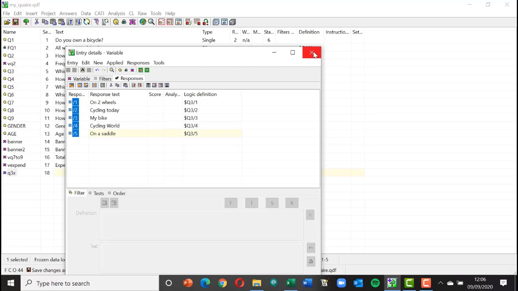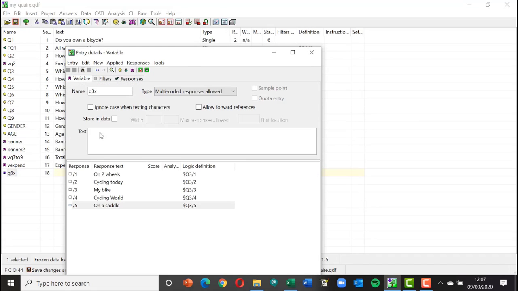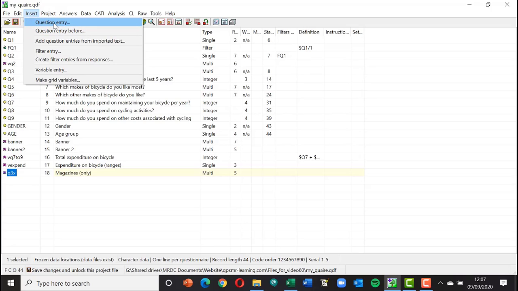So let's click X to come out of that. And I haven't given it a title, which is a mistake I seem to make all the time. So, magazines only. Effectively, this is just like a temporary variable that I want for counting. I don't really want this in my analysis. I'm going to now insert an entry,